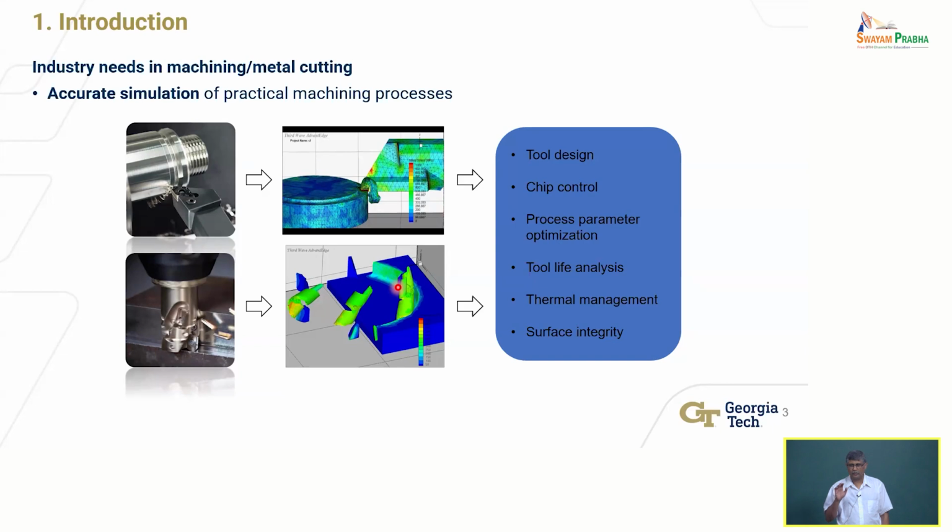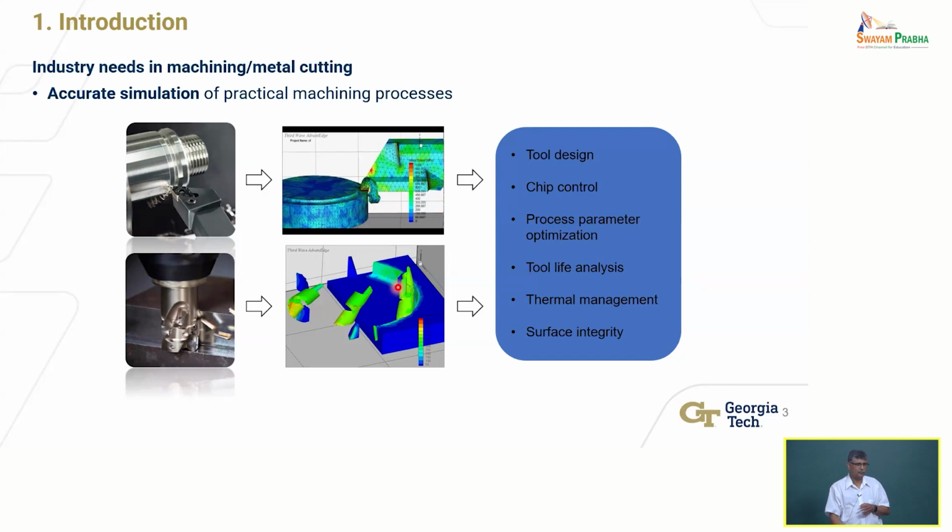And much of that, to a large extent, historically, has been done empirically, by experimenting. The basic concept is very simple. You have all these bumps and grooves on the top surface of the tool to increase the curl of the chip. If you take a beam and bend it a lot, it's going to crack and fail because of tensile stresses on the outer surface. That's the basic idea, but there are many variations of it. But they have done it through trial and error, which is not a very efficient way of doing it.